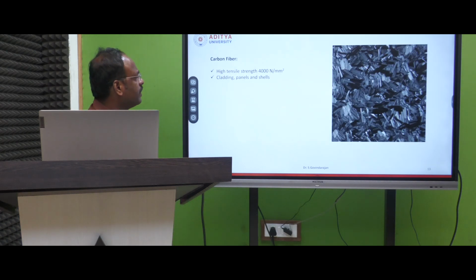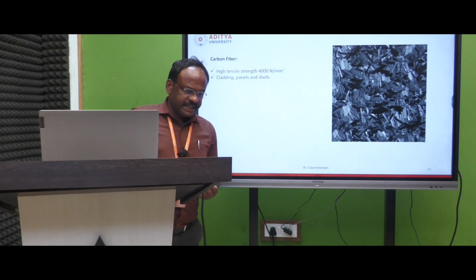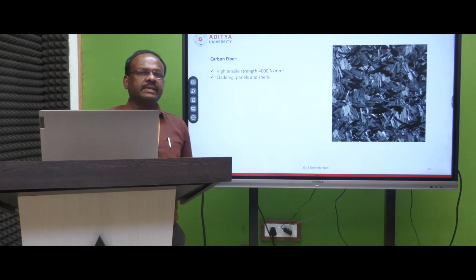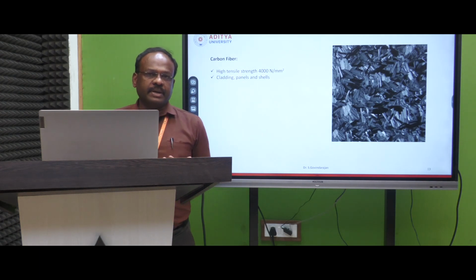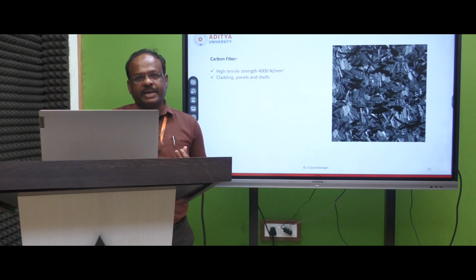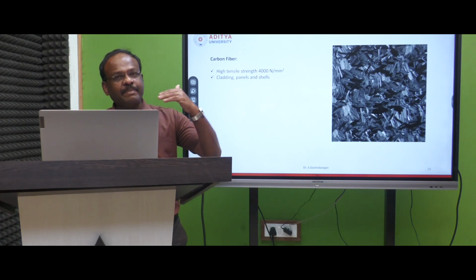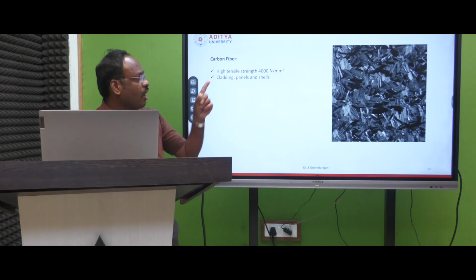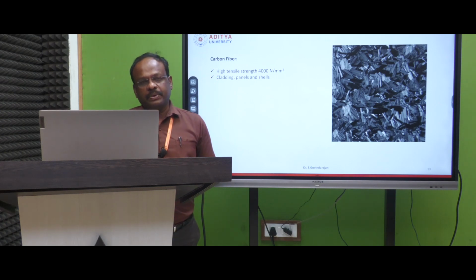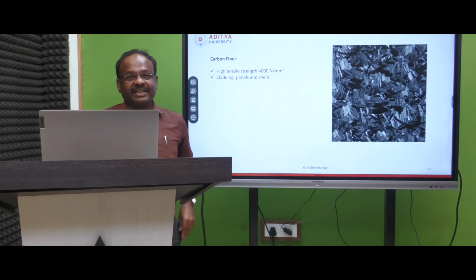And another one is carbon fiber. In the last two slides I covered different types of artificial fiber: glass fiber, aramid fiber, basalt fiber, and steel fiber, right? Comparing all of these, which one carries the maximum load? Carbon fiber carries the maximum load among the fibers, but the thing is that